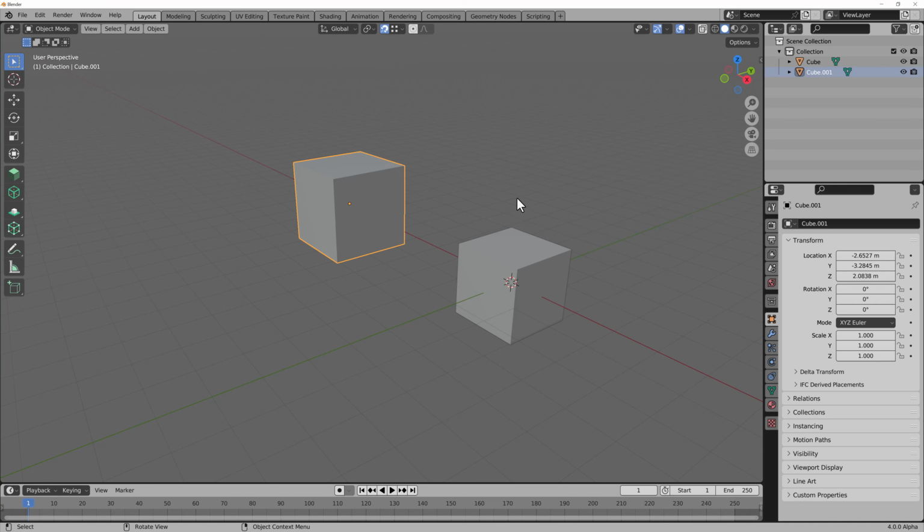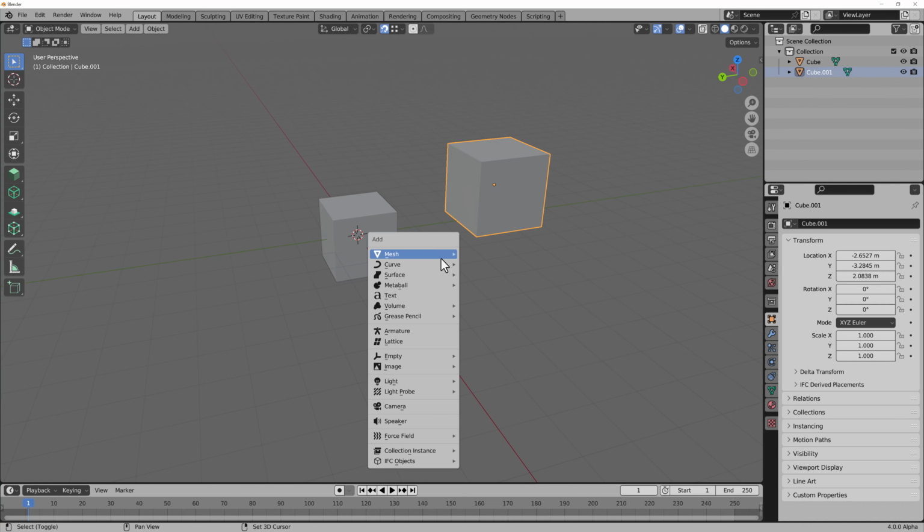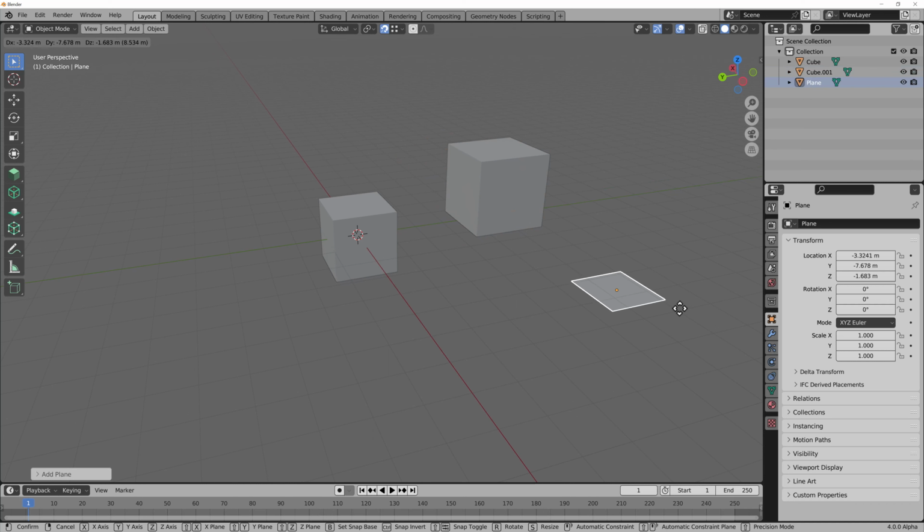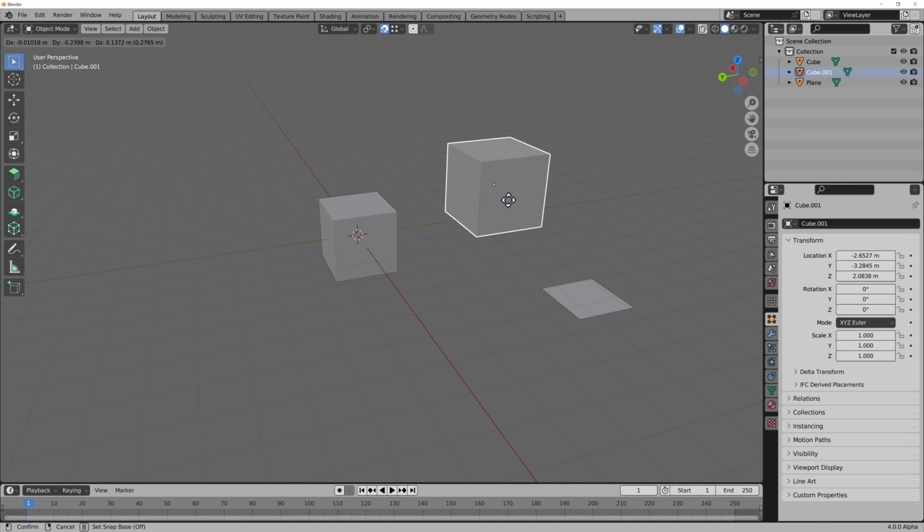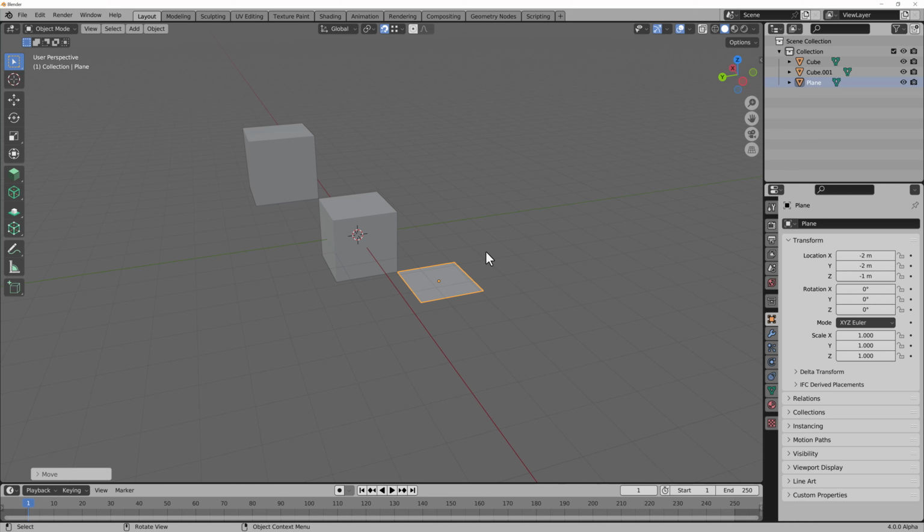Let me do that again so we can try from a different angle. I can even add a different object here just to give you a quick example. I can select this cube, press G, press the B key to enable the Snapbase, select this point and move it here. I can place this corner of this plane right here using the Snapbase: press G, then press the B key, click here, and we can move it there. And it's done. This is an incredible tool and will help a lot in precision modeling with Blender.